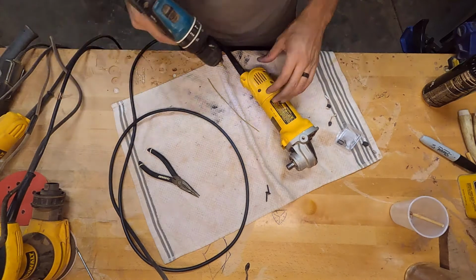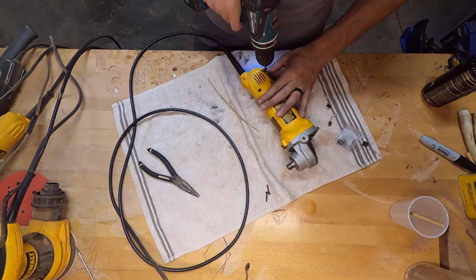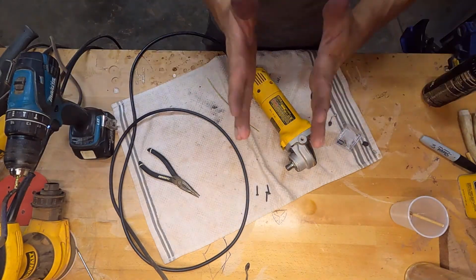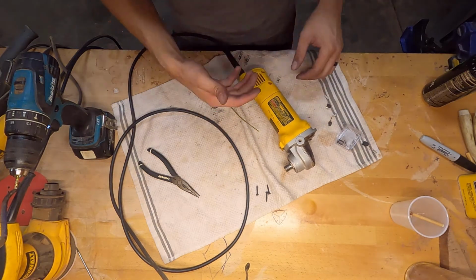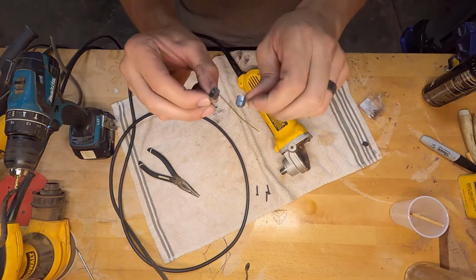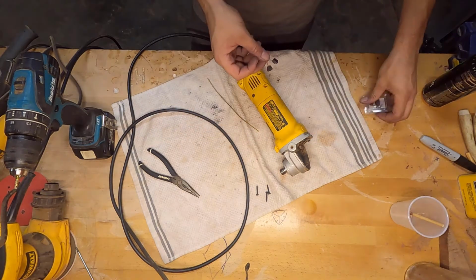So the brushes are still a little bit long. I think what I'm going to end up doing is shaving off just a little bit on the brushes, but I'll do that after. I'm just going to shorten it down a little bit so that they're not contacting the plastic end there. The springs are doing their job. But that is no good. Well,